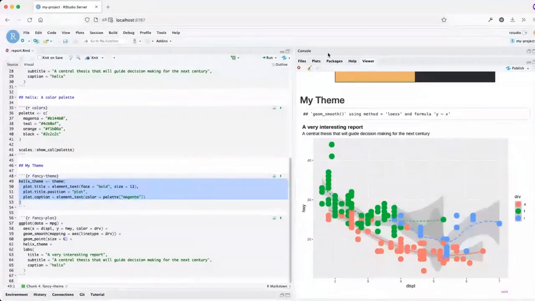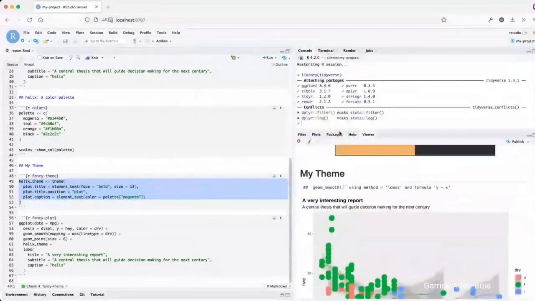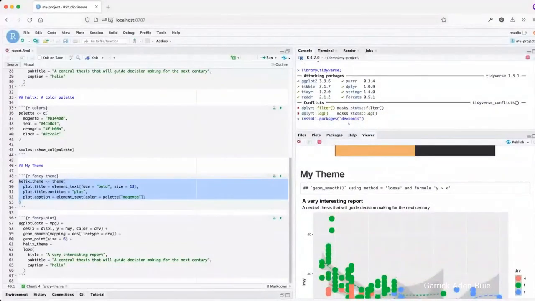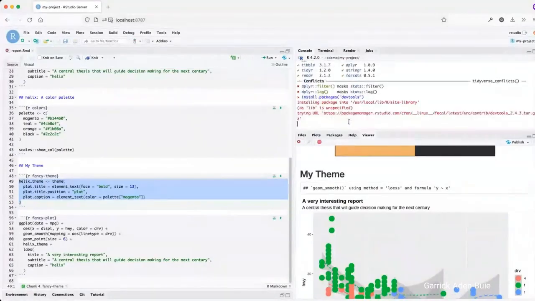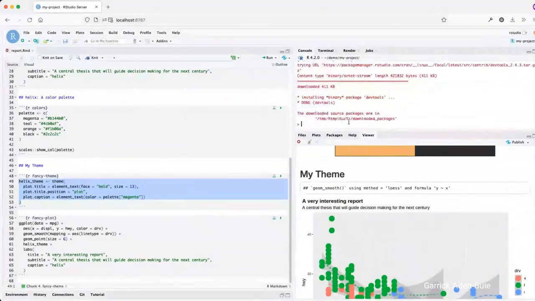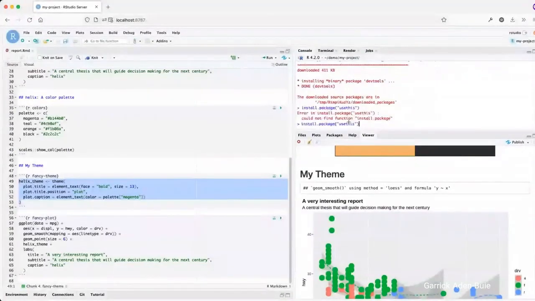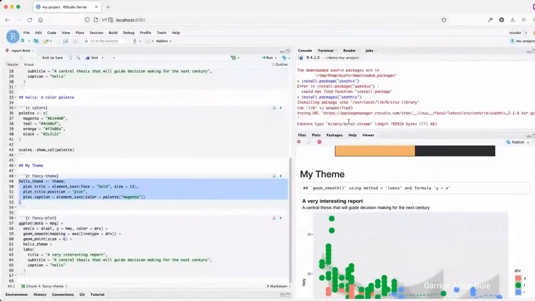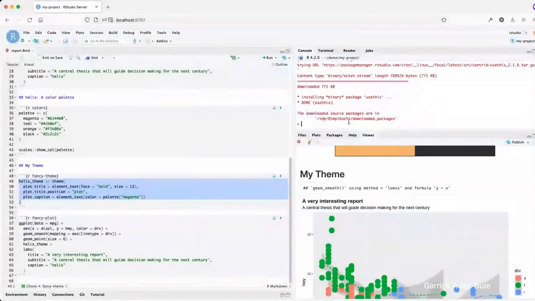You're going to need the devtools package, which you can get with install.packages devtools. And I may have this already loaded, but I guess I didn't. And another really helpful package is usethis. Install that package. We'll get you the usethis package.